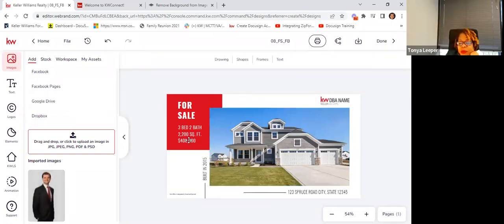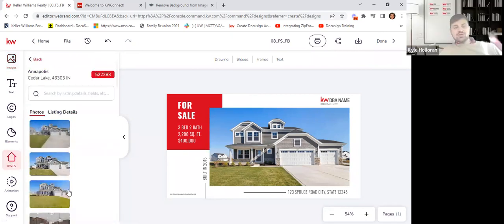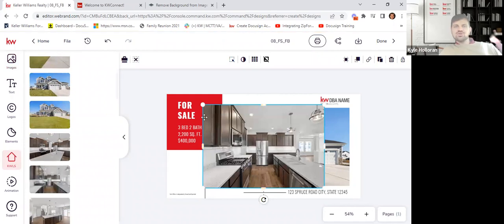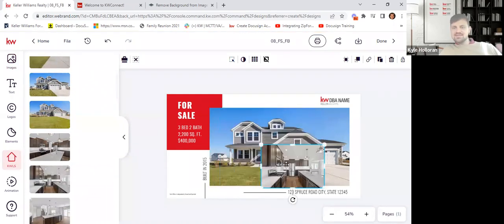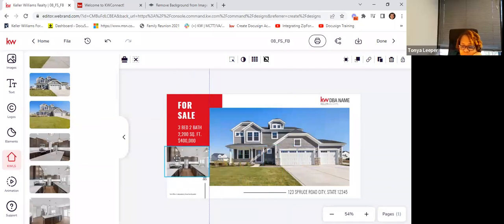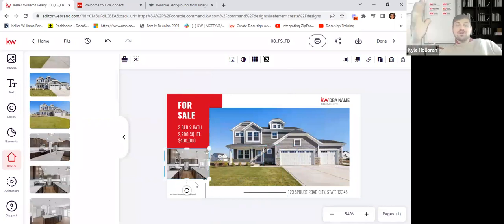Did you put the picture somewhere else, like in the white area where it says built in 2015? Could you do that, or will it just replace it? You could add pictures. So if you wanted to say this has got a really nice kitchen, okay? Tanya, good question. Notice I'm not replacing the image. I want to keep my main image, but let's say I want to add the kitchen photo. If I click this little plus button here, there's that photo. It just gets dropped on the page. Now I could resize this and move it over here. And so now all of a sudden I could add two more photos, and now I've got three photos on the front graphic. So, good question.